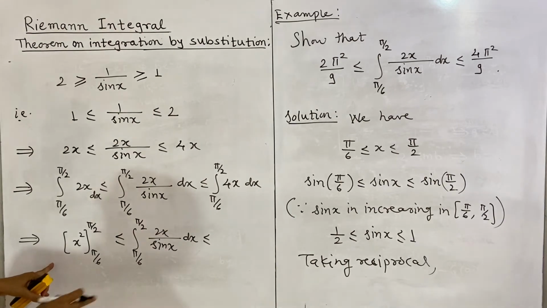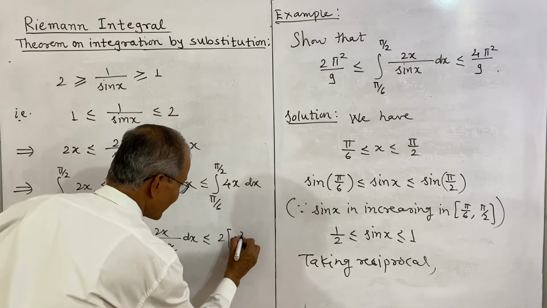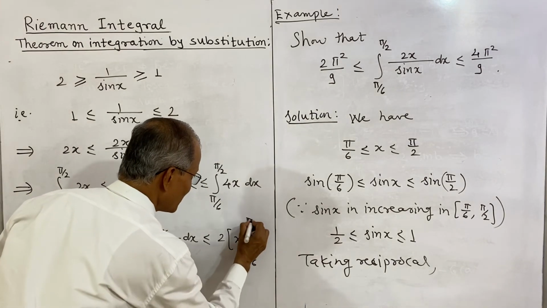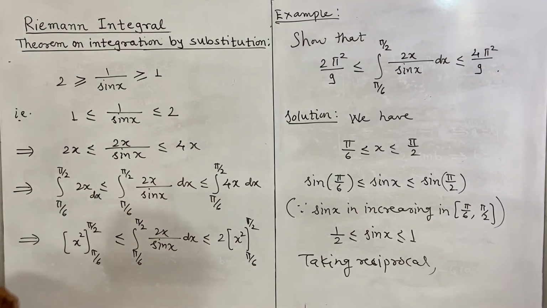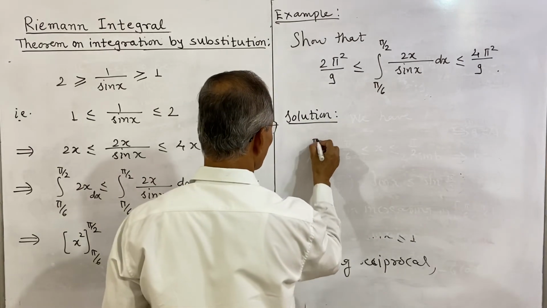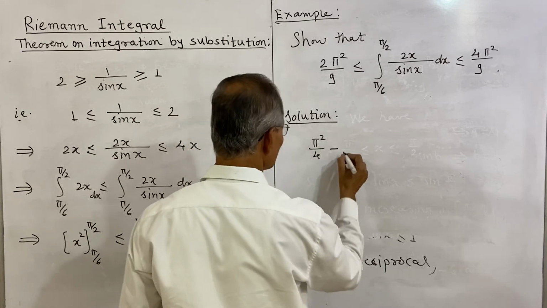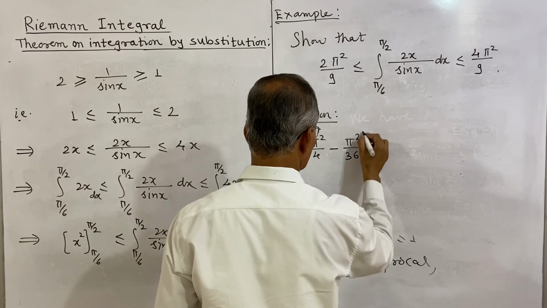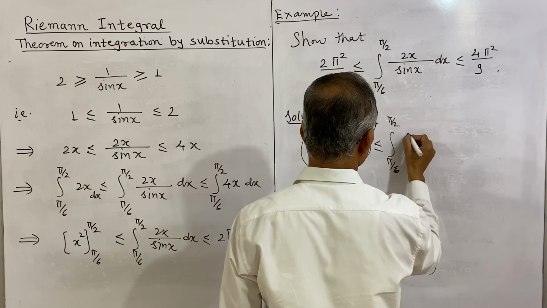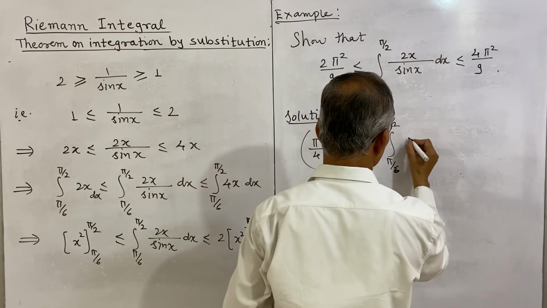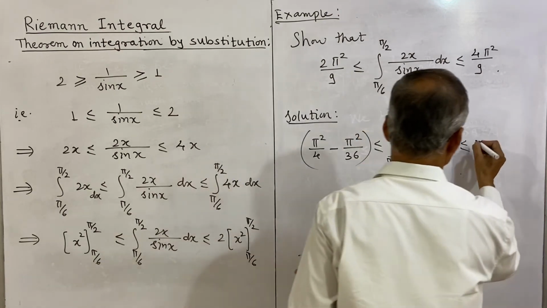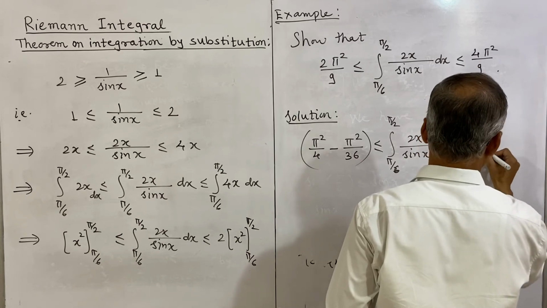We can take 2 outside; it is 2 into the integral of 2x, and the integration of 2x is x square, again from pi by 6 to pi by 2. Now if you put the upper limit as pi by 2, then we get pi by 2 square, that will be pi square by 4, minus the lower limit pi by 6, pi square by 36, is less than or equal to the integral from pi by 6 to pi by 2 of 2x divided by sine x dx, and is less than or equal to twice pi square by 4 minus pi